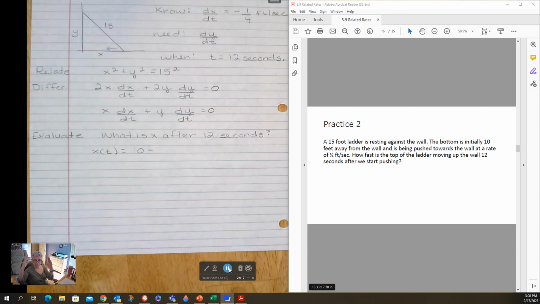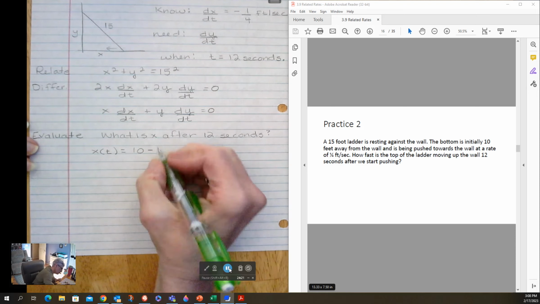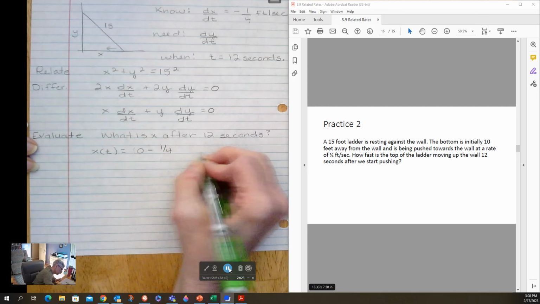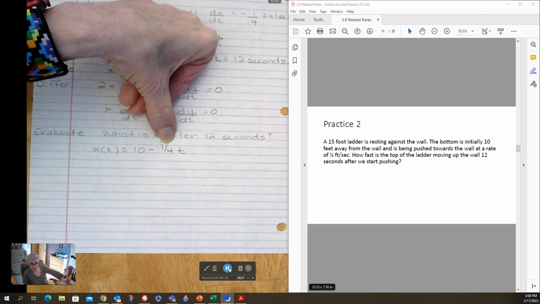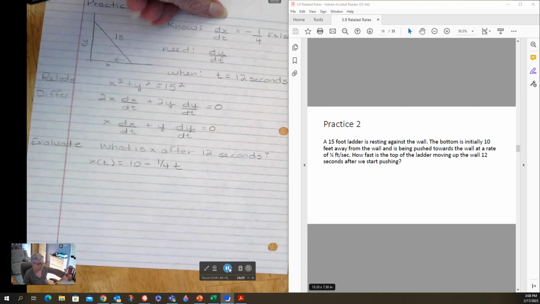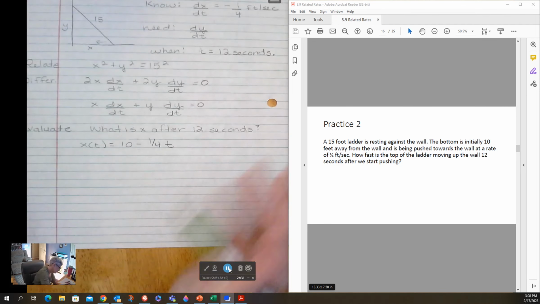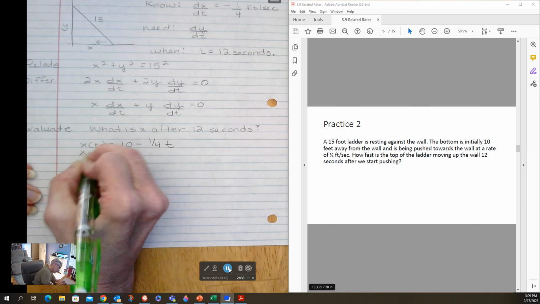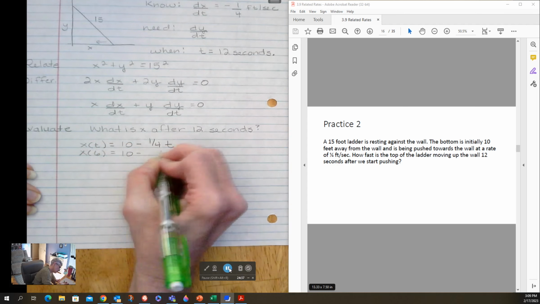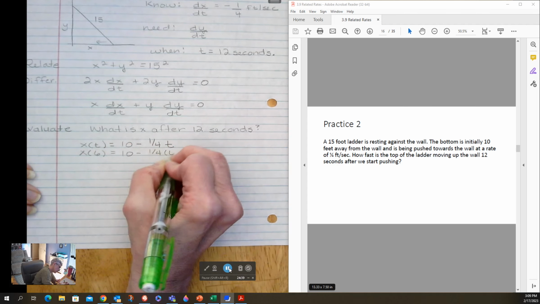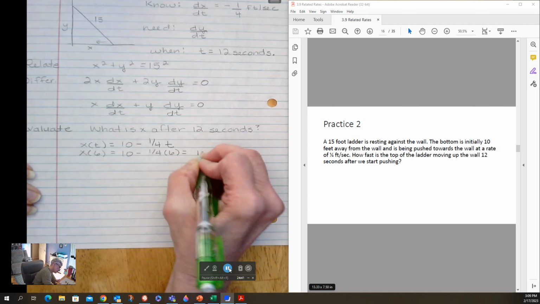Every second, it's getting 1/4 of a foot closer to the wall. That's what the derivative of that function is, negative 1/4. Oh, cool. That's right. So, x after 6 seconds is equal to 10 minus 1/4 times 6,